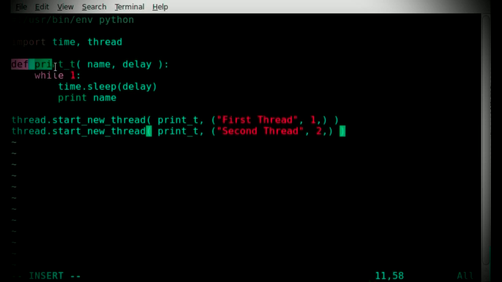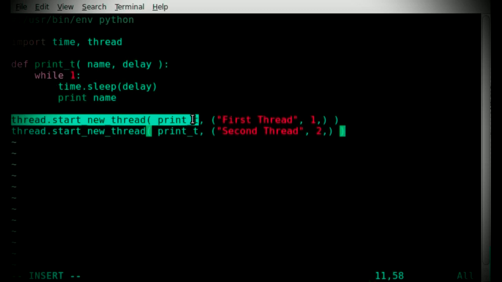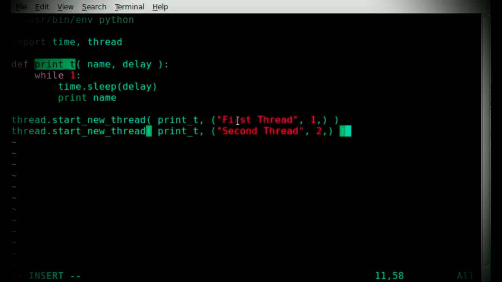So we're creating a function here that's going to loop, and every however many seconds are sent, it's going to print whatever message is sent. So we create that function, but it's not running yet. We have to call it, and that's what we're doing with this thread right here. We're running the print_t function, and we're sending it first thread, which is now going to be equal to the variable name, and delay is equal to 1. So now we will loop, and every loop it will sleep for 1 second, because that's what we're passing to it,